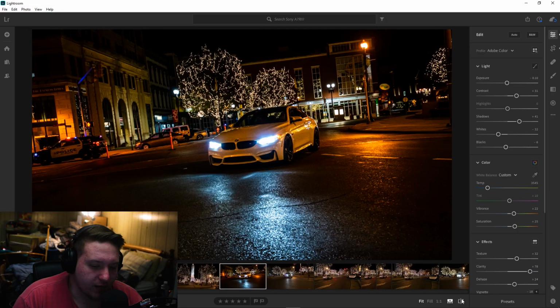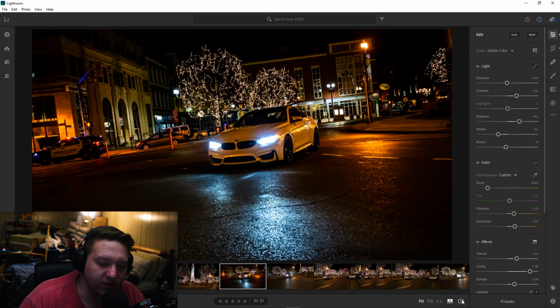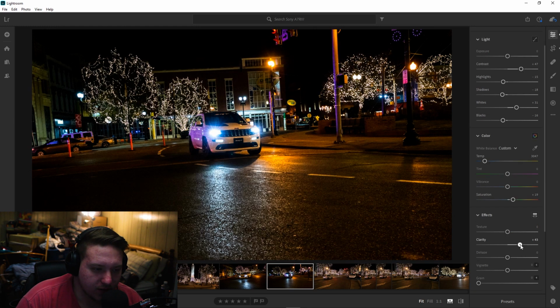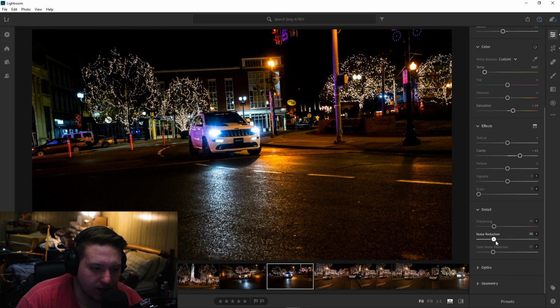This is kind of what I did to this photo. It still changes the entire photo, which is kind of my goal. If I can look at a photo from one spot to another and it's different and it's a noticeable difference and it makes the picture look better, then I've done my job. So, you know, I like to just play with the tint, play with the colors, see what I can make everything look like as good as it can look. And yeah, like I said, I think I have a very distinct style when it comes to editing photos that some people just, you know,